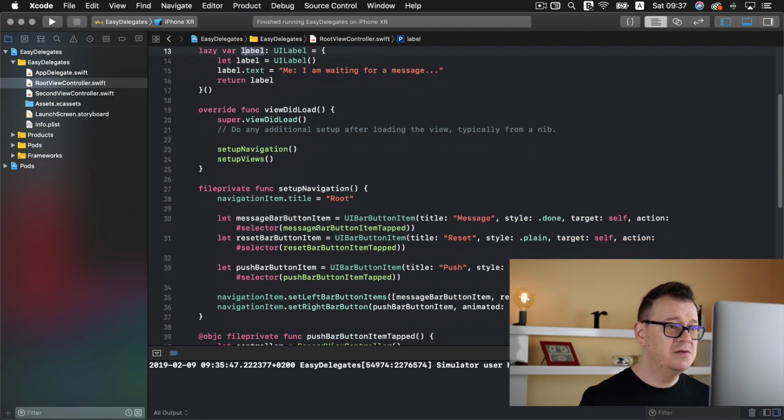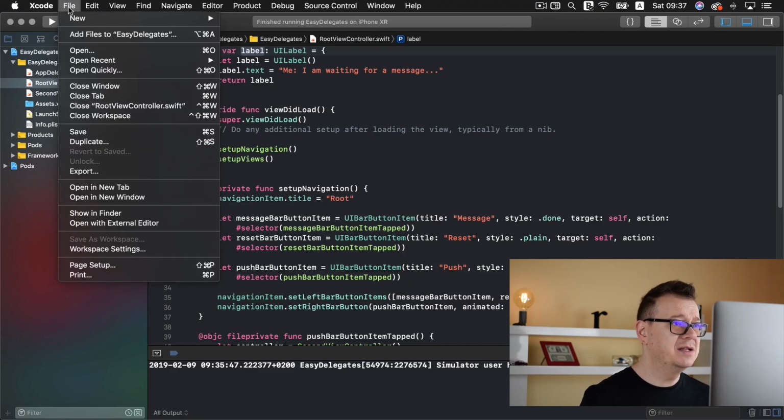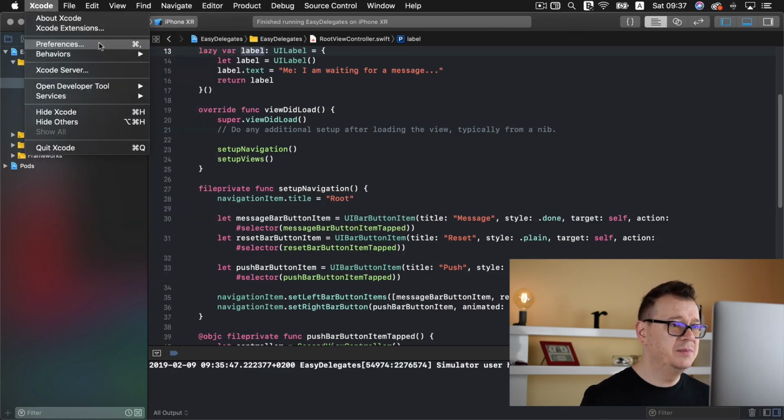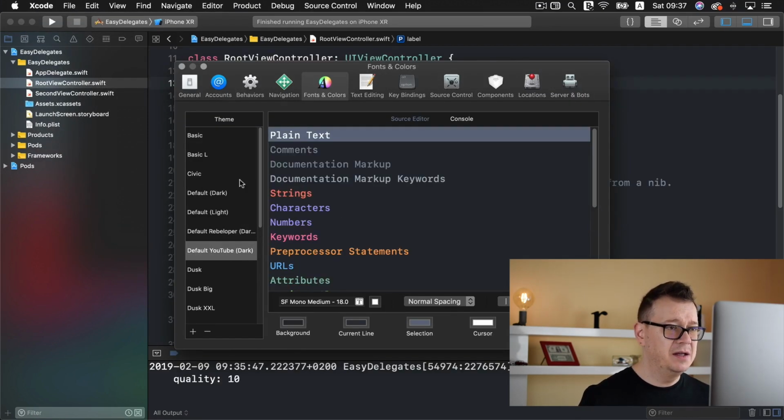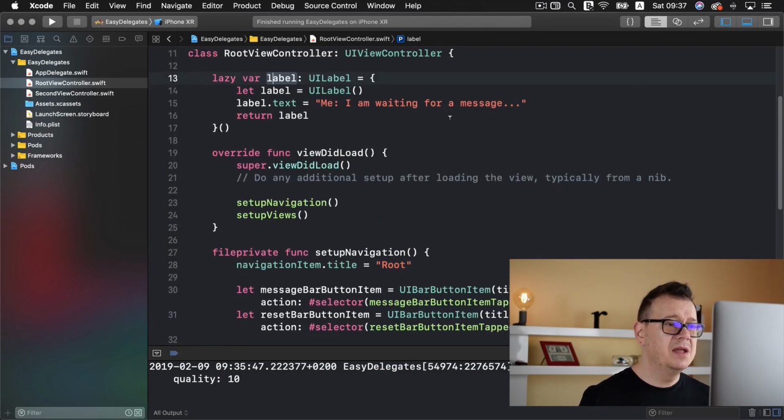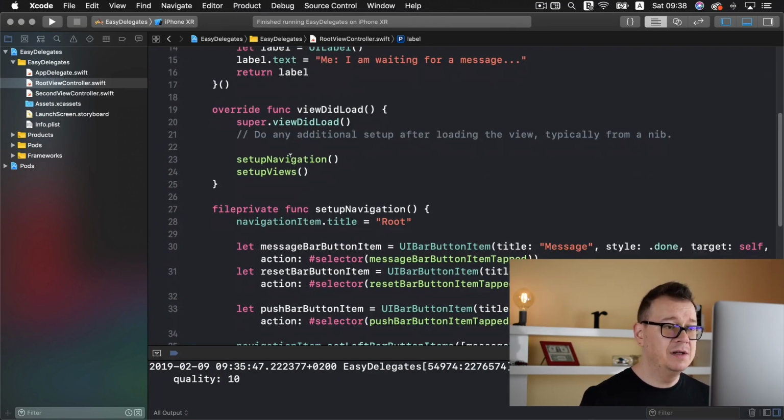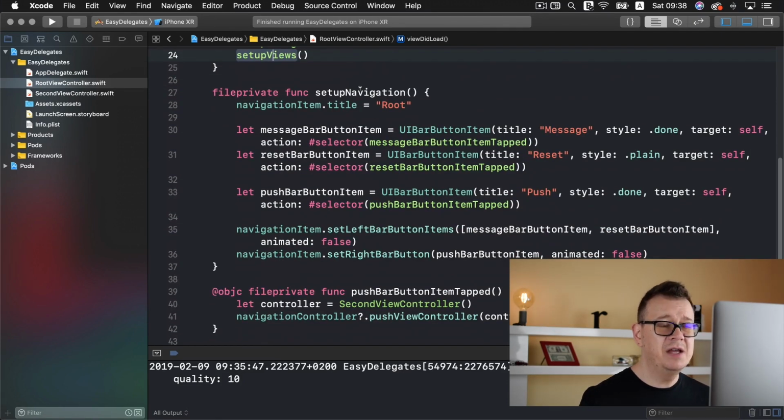Now let's just go ahead and take a look at the view did load. Let me just make this a little larger. The preferences pane. There we go. Okay. Now we have in the view did load a setup navigation and a setup views. Now in the navigation, we set the navigation title to root. We have a message navigation bar bottom item, a reset and a push, and we have added it to the